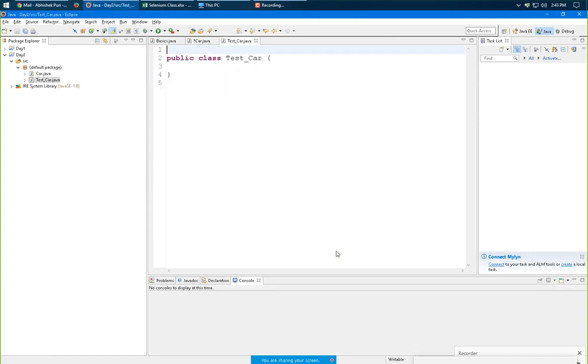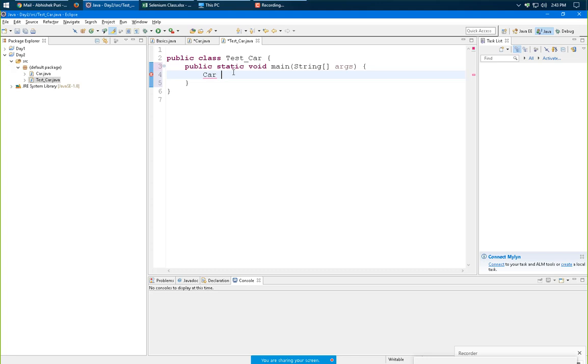To access the car class, we need a main function. I'll just write main, and when I hit control space, it will suggest the main method, so I need not write the whole thing.